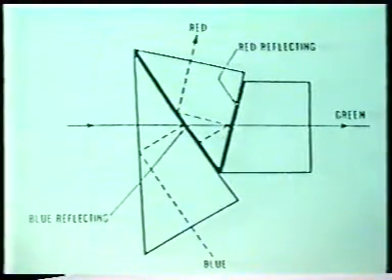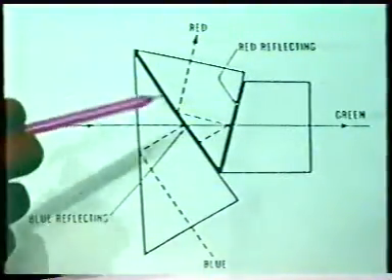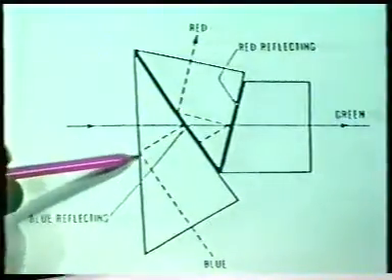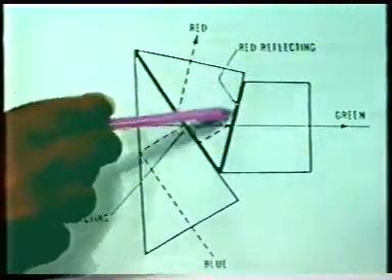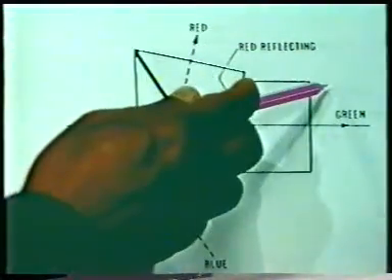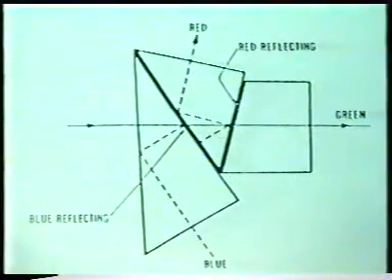This is the diagram of the color filter using prism. This is the incident light that after refraction from this prism takes out the blue color, and after refraction from this prism red is taken out and the green color comes out from the reflection of this prism. This is a composite prism to discriminate lights of different wavelengths.